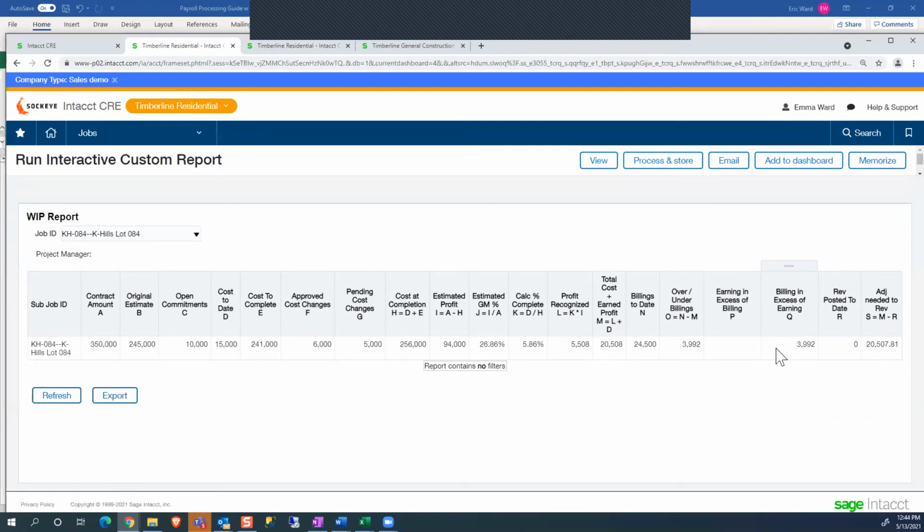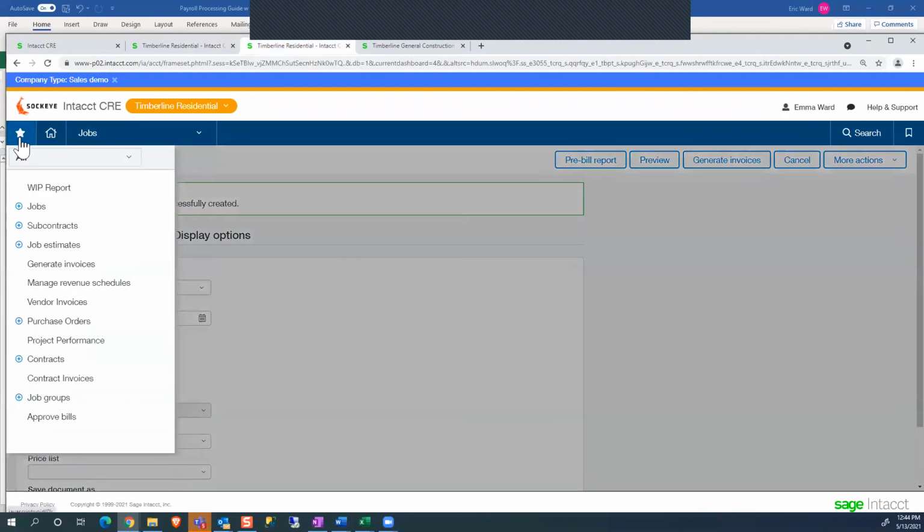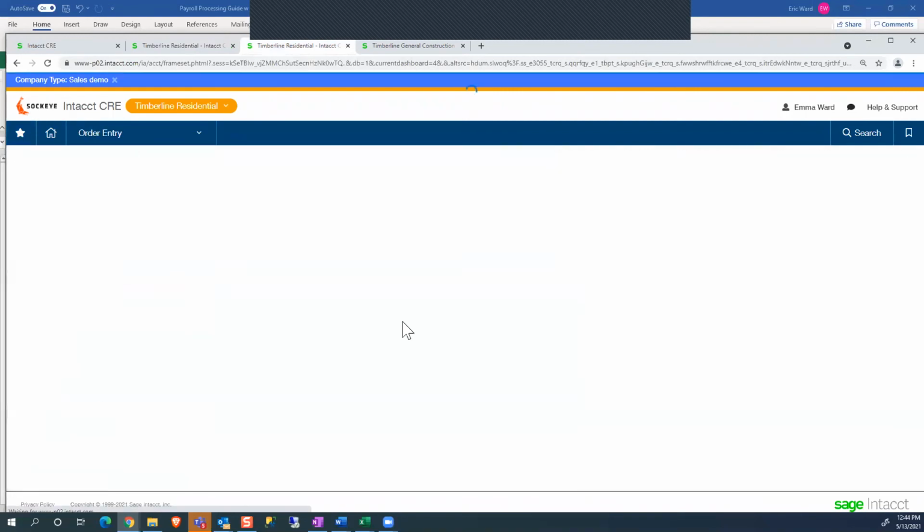Great. Thanks, Jeff. One more thing to talk about here is automating that revenue side. So that revenue booking, a lot of times what people are doing is looking at their trial balance, calculating out the WIP and how much we need to book and what that process is. But Intacct can also automate that process. So I'm going to jump back over this tab here and look at my revenue schedules.